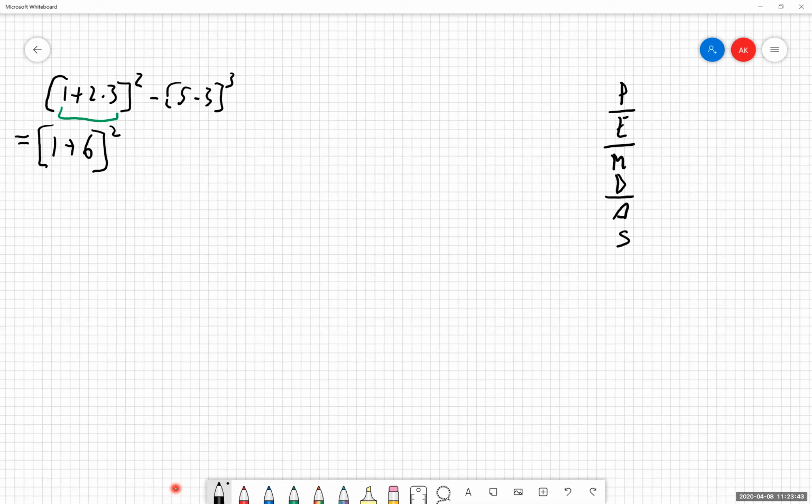Now, if you want to start to condense your steps down, we can also look at this other set of parentheses and work with that at the exact same time. If you do not want to and you want to work the first set first and then work with the other set, you can do that also. I'm just doing this to try and condense our time down and get through a few other examples as necessary. So we're going to work with both of these at the same time. I'm looking inside this other set of parentheses and I'm saying, okay, well, I have no parentheses inside here. I have no exponents inside here. I have no multiplication or division in here. I do have addition, subtraction. So I'm just going to subtract these two numbers together. I'm going to get 2.